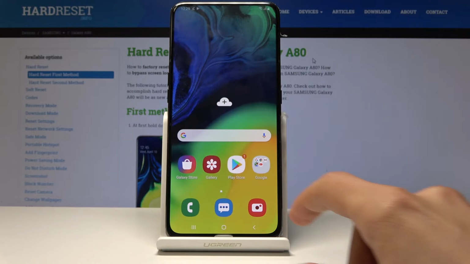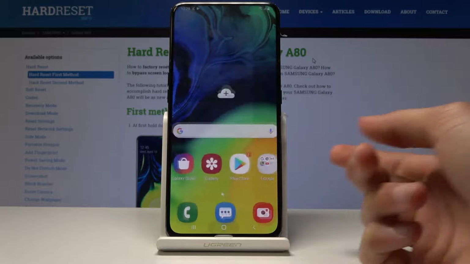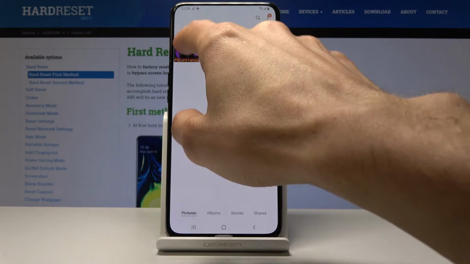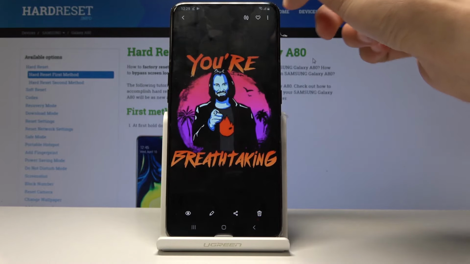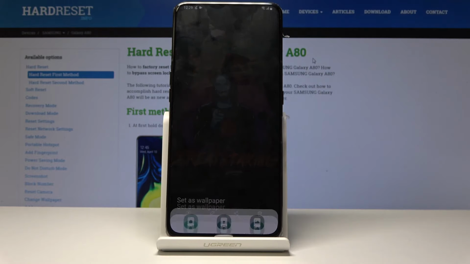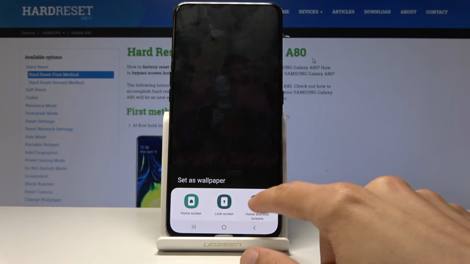I'm just gonna quit. And there's also another way you can do it by going to, let's say, your gallery. Assuming, for instance, you have downloaded something from the internet, you can then find it in your gallery, like I have one right here, and then tap on the three little dots right here, and then choose Set as Wallpaper. And then again, you will have the same options, so you can tap on Set, for instance, both,